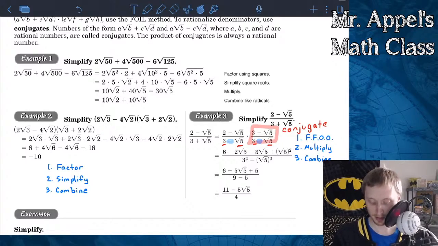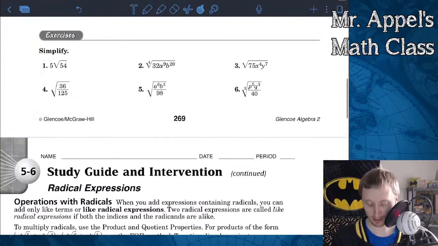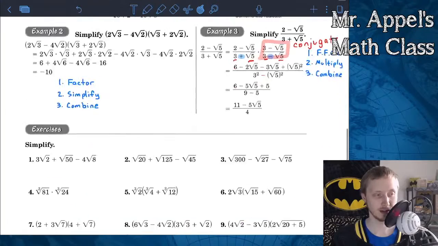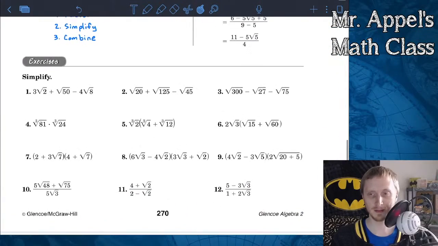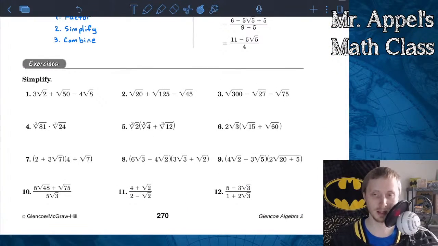Hearing none, then I leave you with those 6 exercises up there and these 12 exercises down here. Okay, whole thing, you get to do them all today. There's not that many, and